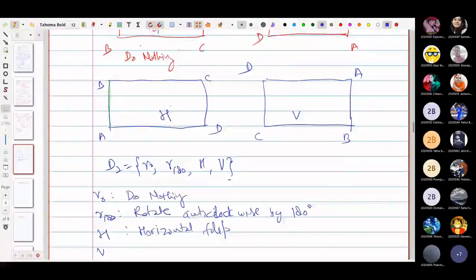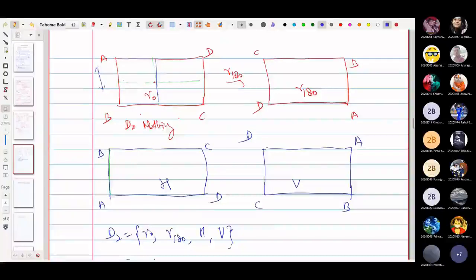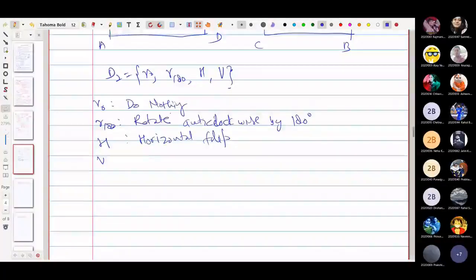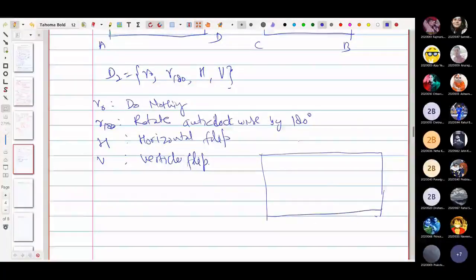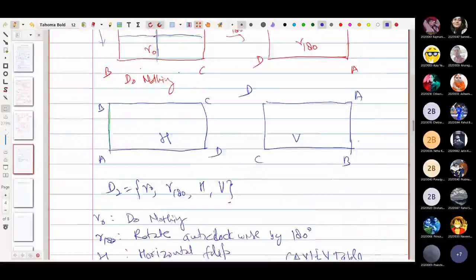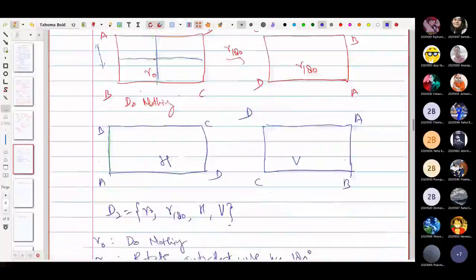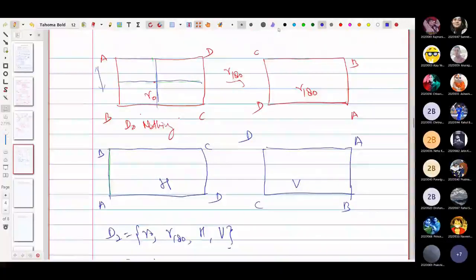Of course you can give some name to this line: horizontal flip about this, vertical flip about this. Okay, you can name some line. This is a vertical flip, and then you can construct a Cayley table. You know how to construct a Cayley table. So this is a way how you can explain. Another way also you can try out.